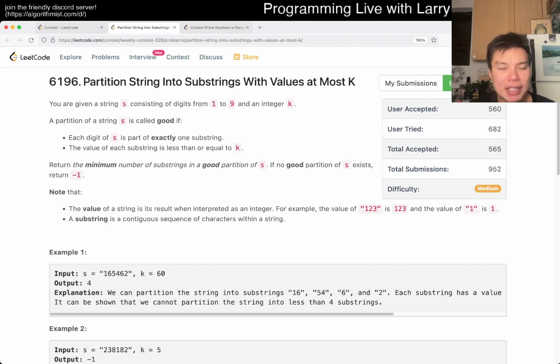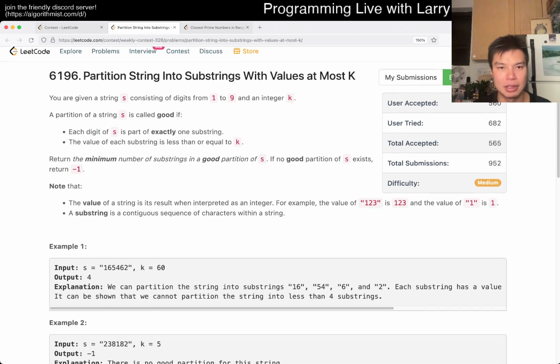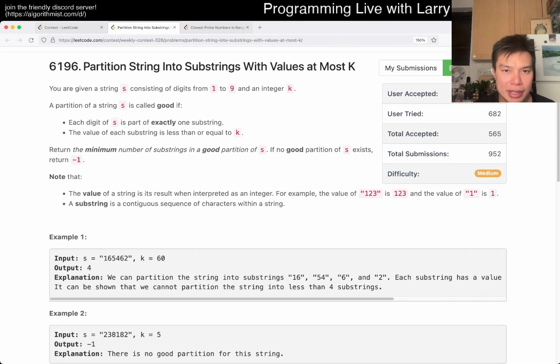So this one could be a tricky one if you haven't done something similar, or if you're not careful about analyzing the bounds, you may do some silly things by accident. So basically the idea here is that